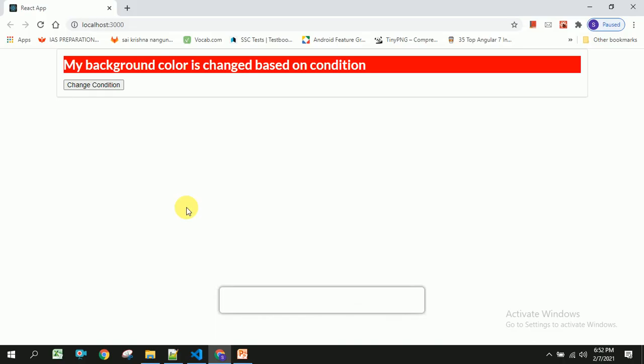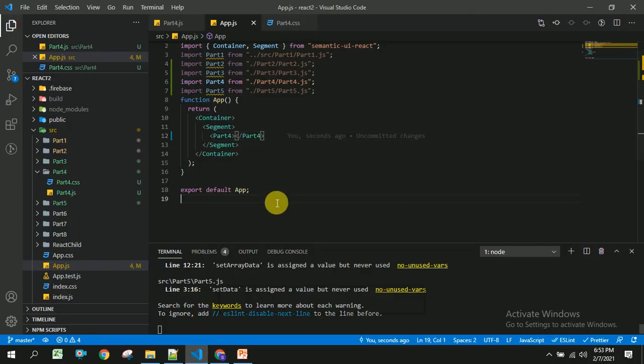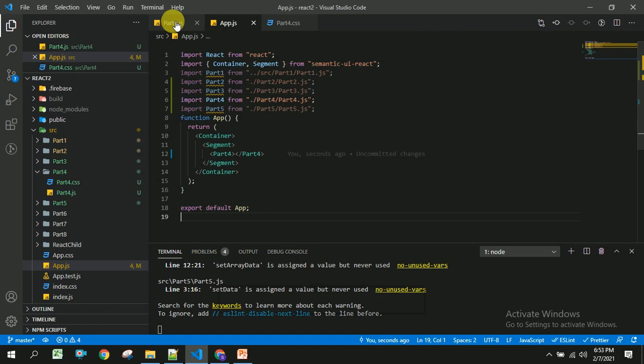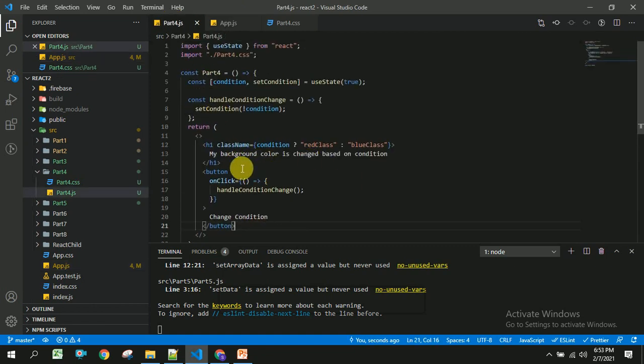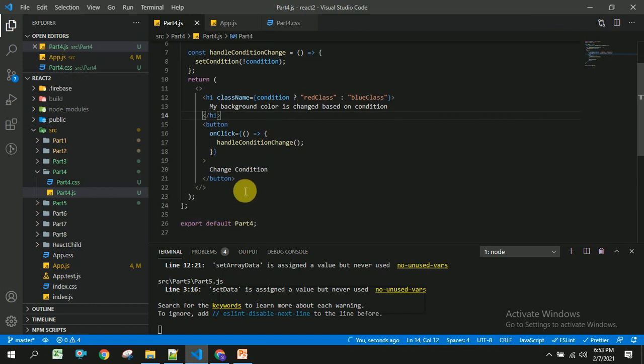So if you see here, once I click on this change condition, it should change to blue. If I click again, it should change to red. So in this way, we can change the styling of the component class, component data or element. The next one is how to show and hide the data based on the condition or based on the button click.